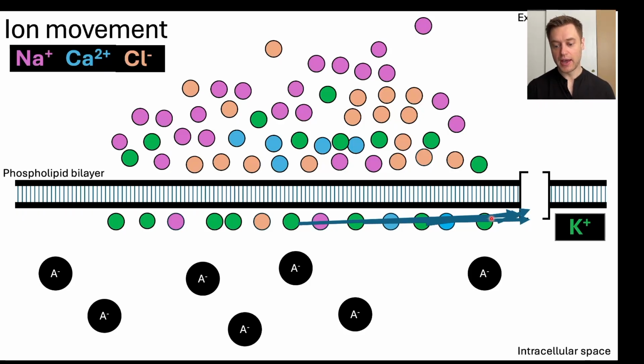Now, of course, if you actually just ripped a hole in the phospholipid bilayer, your cell would die. So that's not what happens. What we actually have are proteins called ionophores, which are permeable to certain ions. We have sodium channels, we have potassium channels. You do need to know that for sure, that we have sodium channels, we have potassium channels. These are called ionophores. One thing you do not need to know, but I'm just pointing out, is that in other places like the kidney, you have aquaphores, which are, again, proteins that allow the passage of water. In any case,